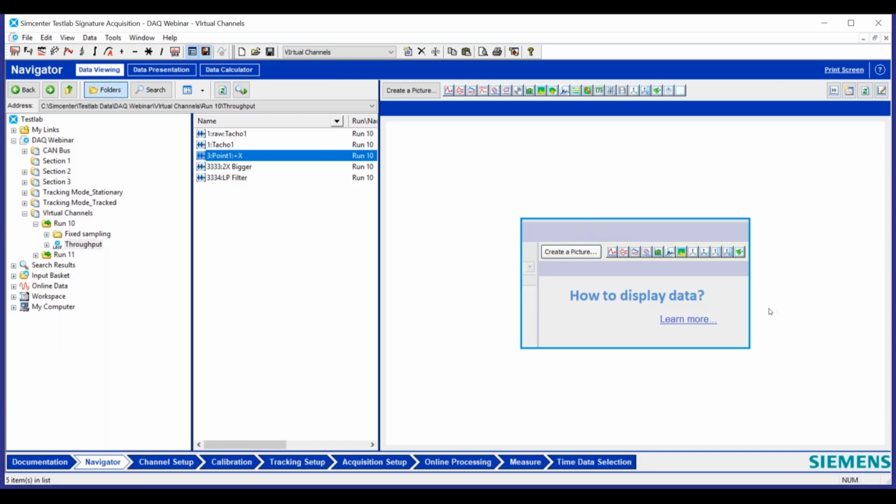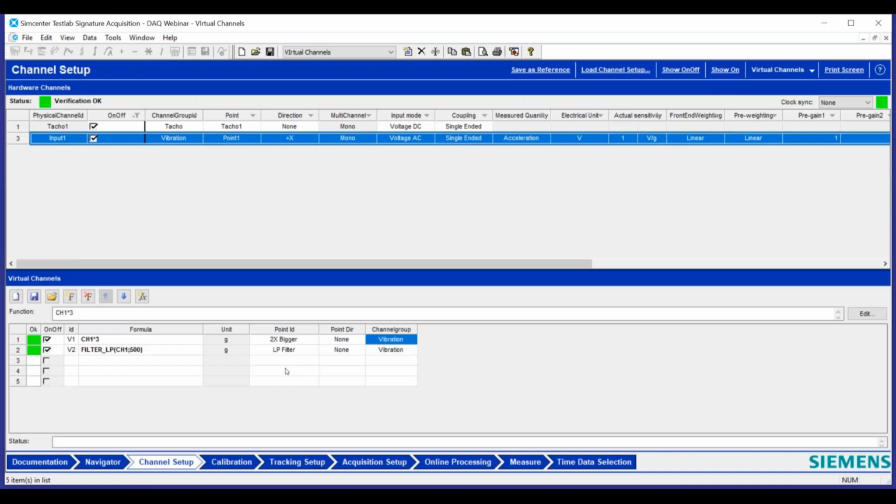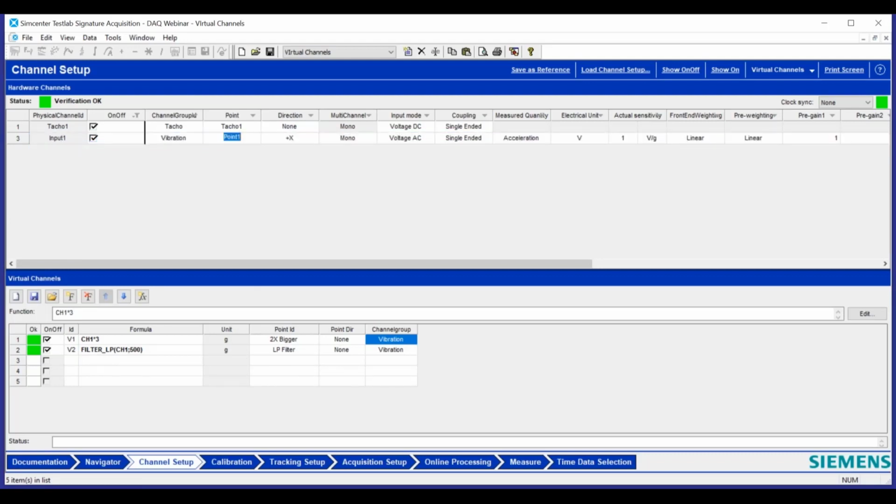If you go back to channel setup, I noticed you were using the channel number to refer to channels, but let's say the point ID of the first one was Fred. Can we type that in? Down here, can we say Fred and it'll still work? Yeah, we can. Oh, there's a direction on it. You have to say none for the direction, I think.